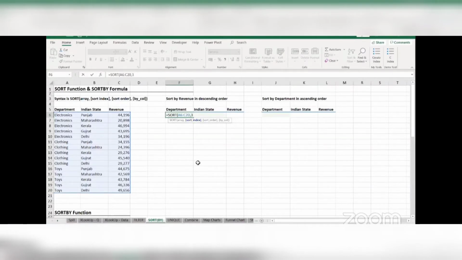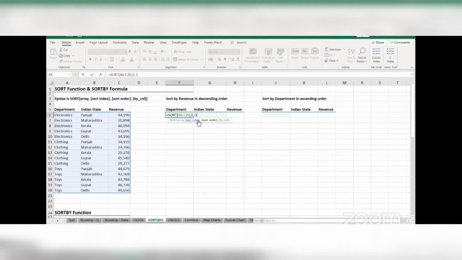All right, comma. Next we have sort order. Do you want to sort according to that column in ascending order or in descending order? What do you want to do? The default setting here is ascending. So if you don't enter anything here, the default will be ascending. But here we want to do it by descending order, right? So we will need to enter descending here. So I will select this option and we enter that option here.